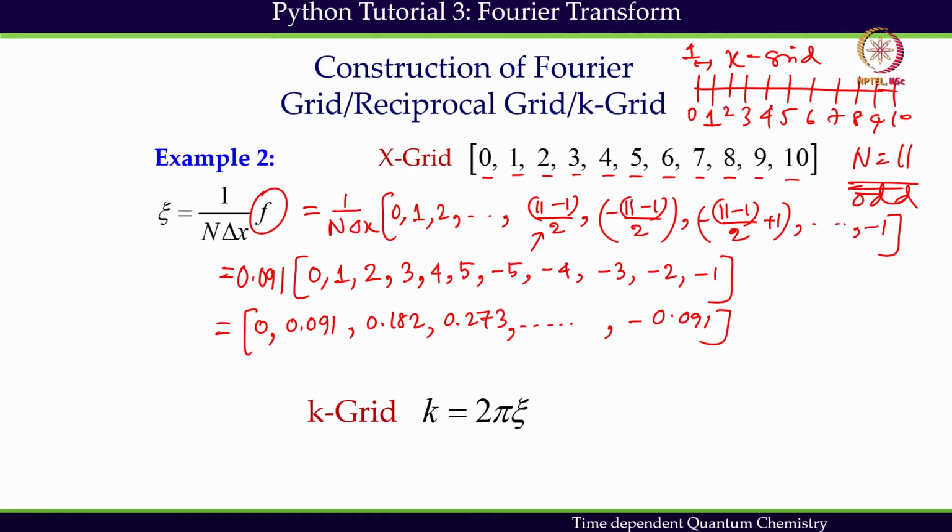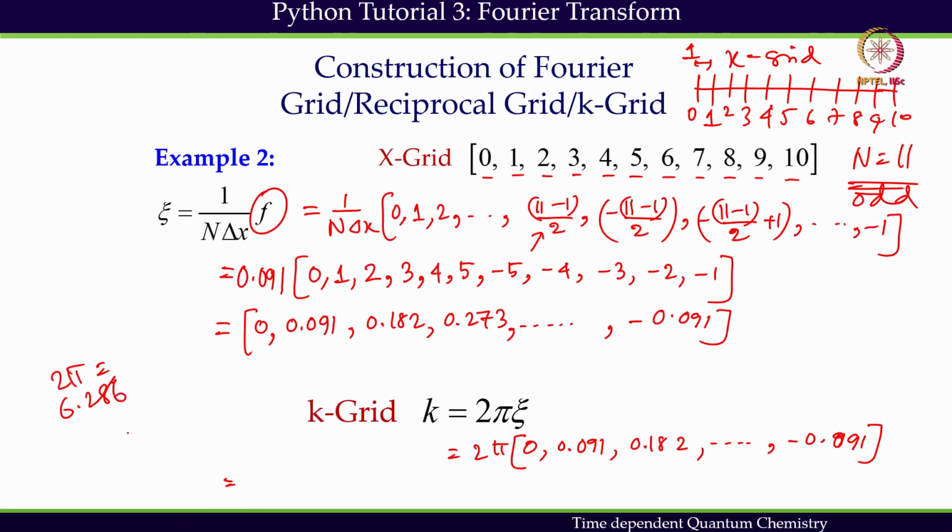Once we get this xi, we will be able to get the k grid points by just multiplying the list of xi frequency components, which is 0.091, 0.182, and so on up to minus 0.091, by 2 pi, which equals 6.286. That is why we get a list of k grid points, an array of k grid points,